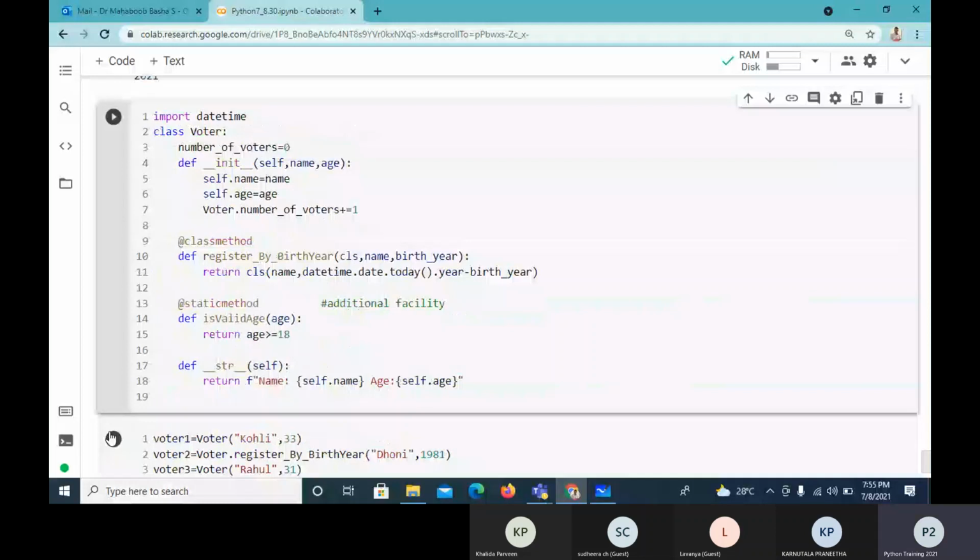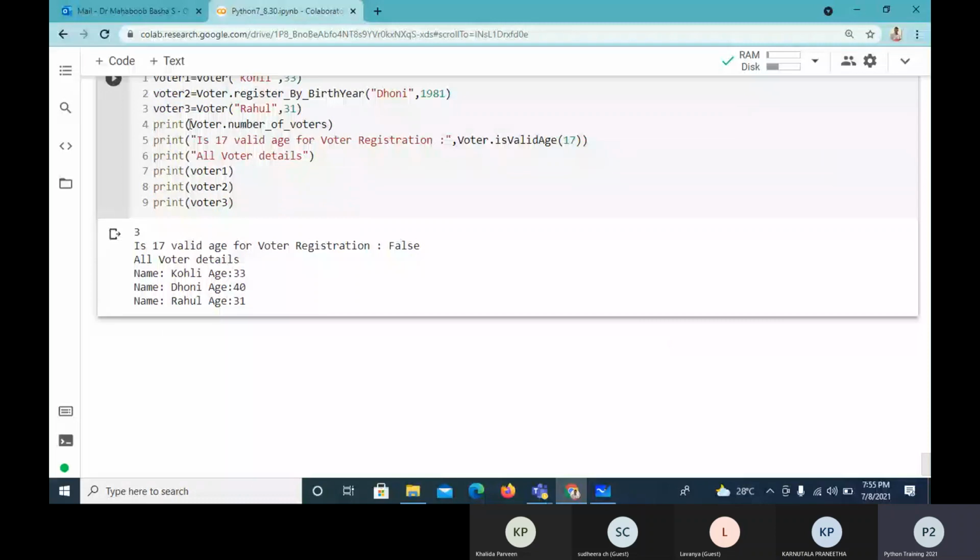So it is giving the number of voters as 17, and valid age for voter registration false. All voter details: name Kohli age 33, name Dhoni age 40. When I passed 1981, the age is given as 40, name Rahul age 31. So this is the output we are getting.